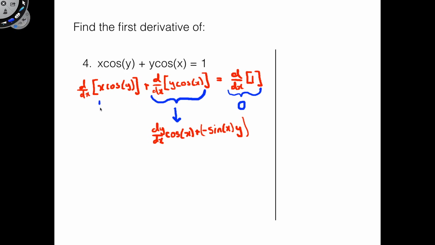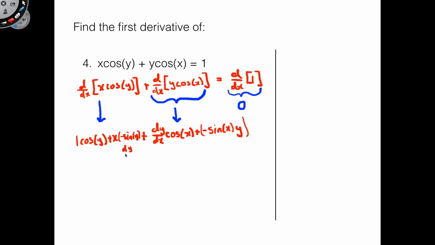Next, we have this guy. Of course, these two are connected by a plus. Again, I'm not going to write all the product rule out, I'm just going to go through it orally. So we have the derivative of x, which is going to be 1, times cosine of y, plus just x, times the derivative of cosine of y, which would be negative sine of y